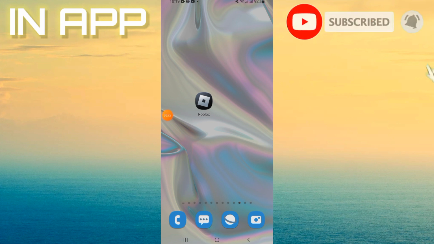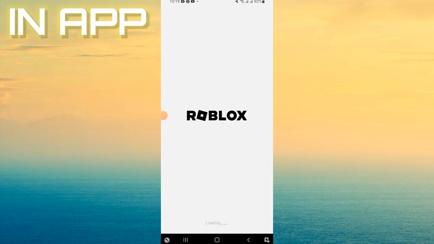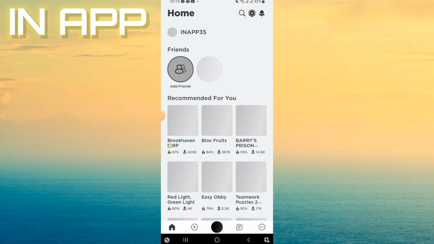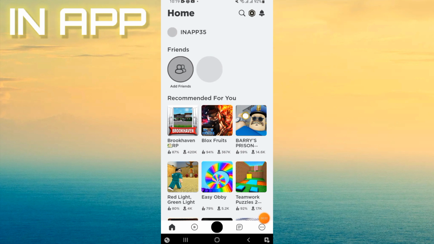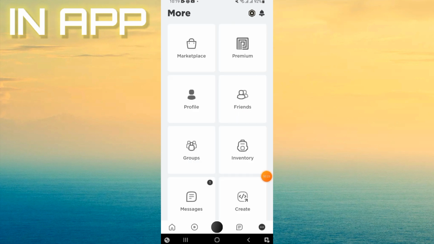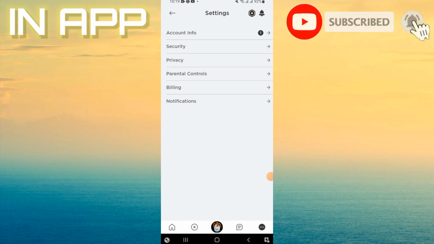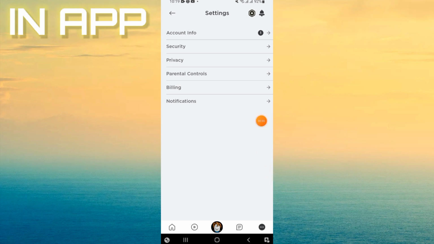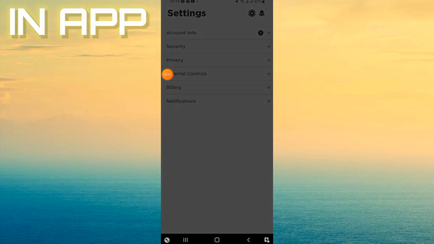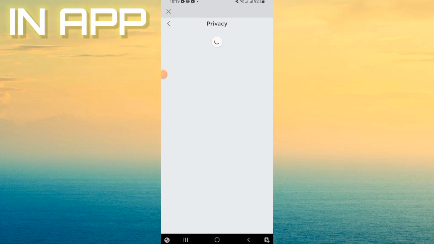So now, the first thing you need to do is open your Roblox like this. After this, come directly to these three points here, open it, and then scroll and go to your settings. So right now here in your settings, guys, you need to come directly to your privacy, and then in your